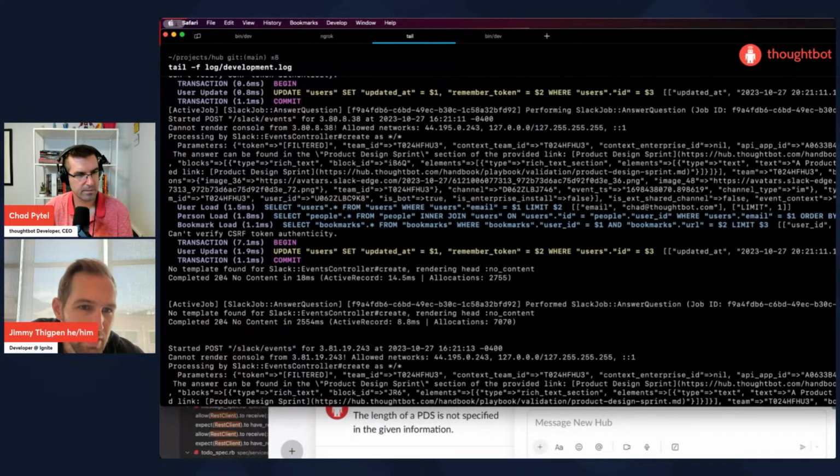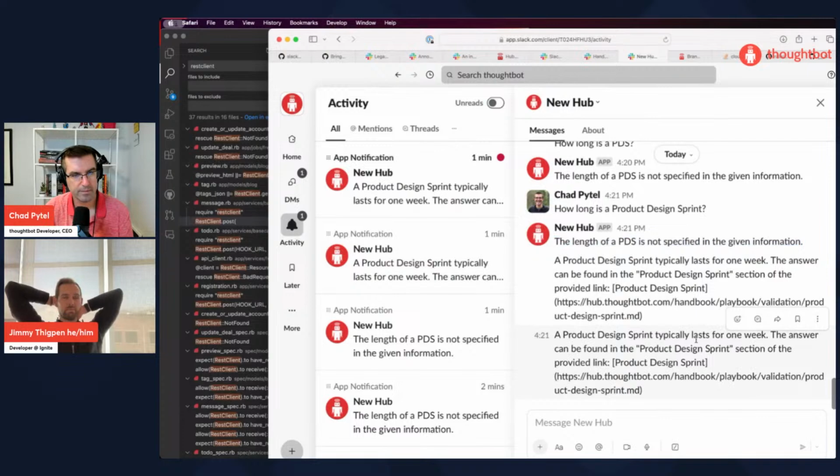The template found for Slack events controller rendering had no content. Is any of that relevant to this? Yes, it is. We're supposed to respond with a 200 success, and we're still responding with a 204 no content. So what's happening is Slack is resending, retrying. Got it.